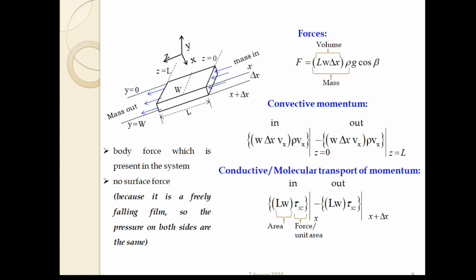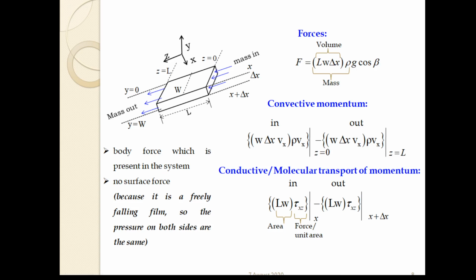So here Fz equals the integral from 0 to L and 0 to W of tau xz at x equals delta, multiplied with the dy dz terms, which were missing here by mistake. So Fz equals the double integration of tau xz at x equals delta multiplied with dy dz, and then we incorporate Newton's law of viscosity, which is minus mu dvz dx at x equals delta, dy dz.